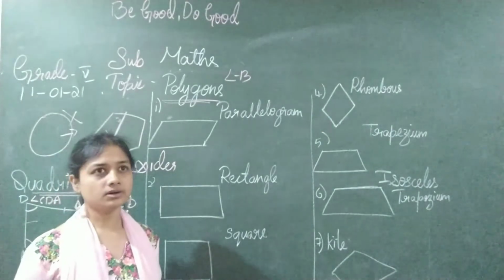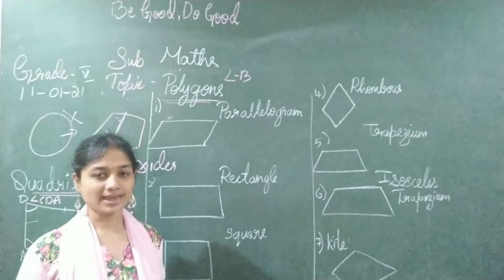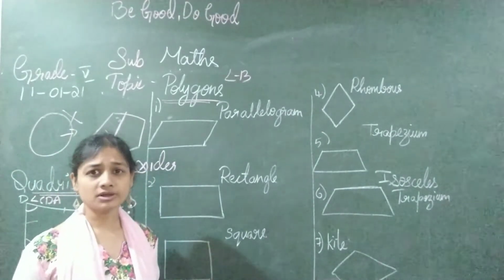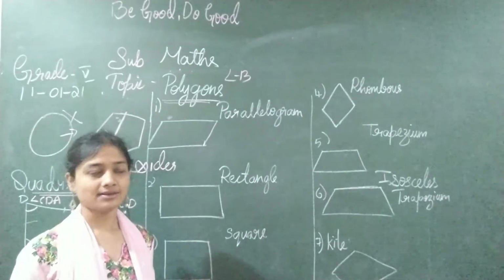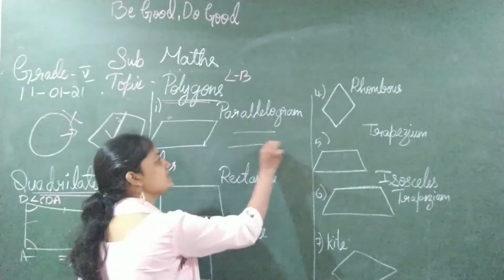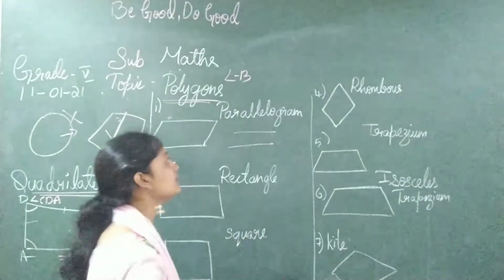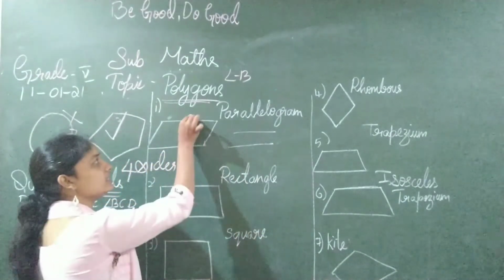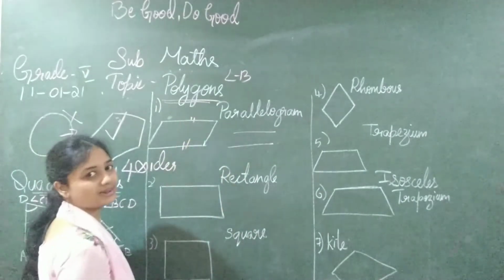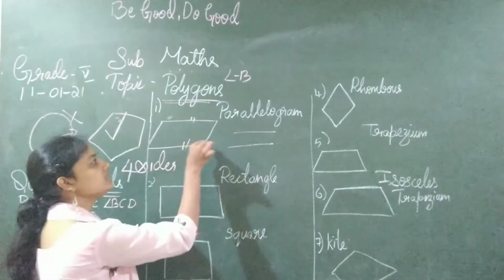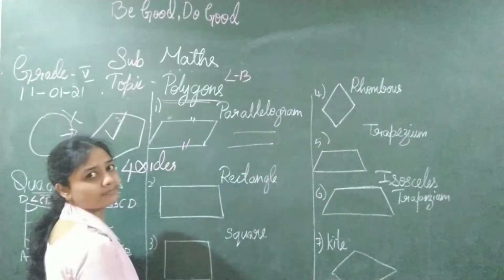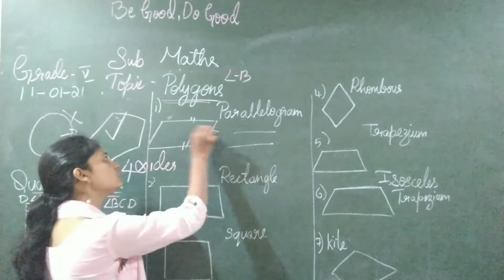In your lines chapter, right? There you have learned what parallel lines are. The lines which do not meet each other at any point are called parallel lines. Yes, in this figure also, these two lines are parallel. They don't meet each other even if I extend them. Similarly, these two sides are